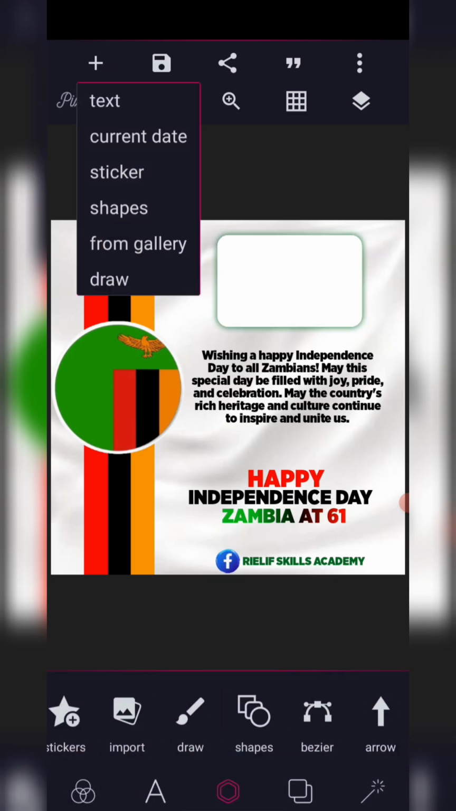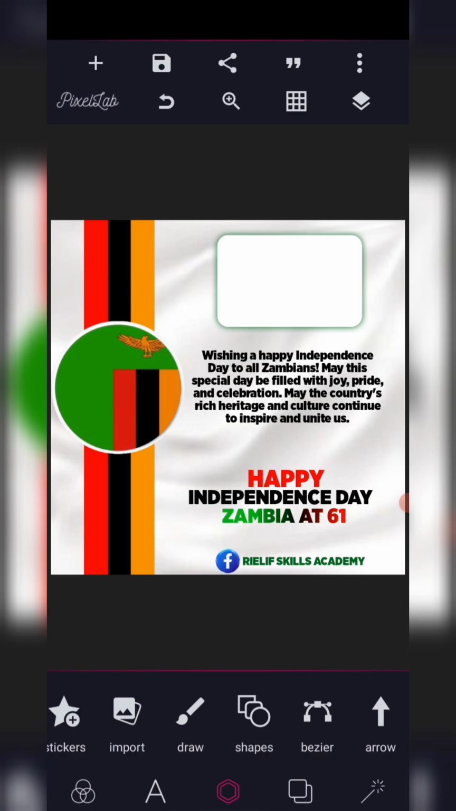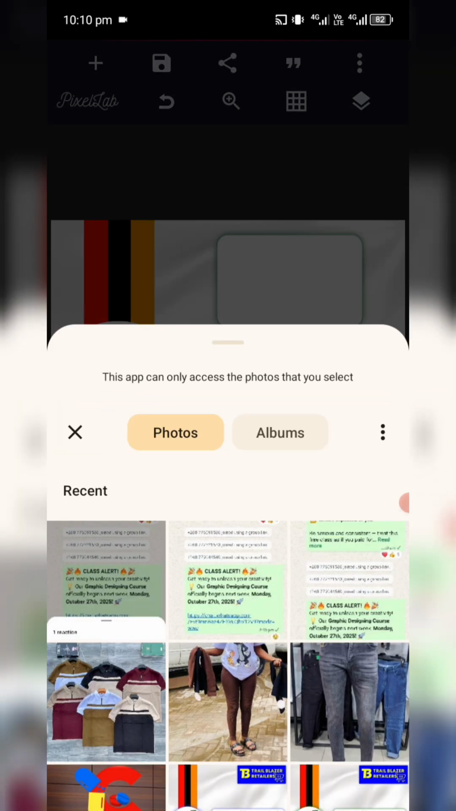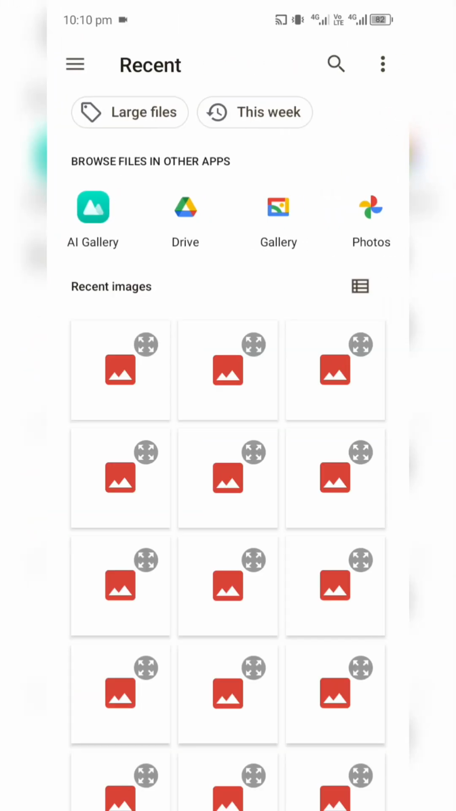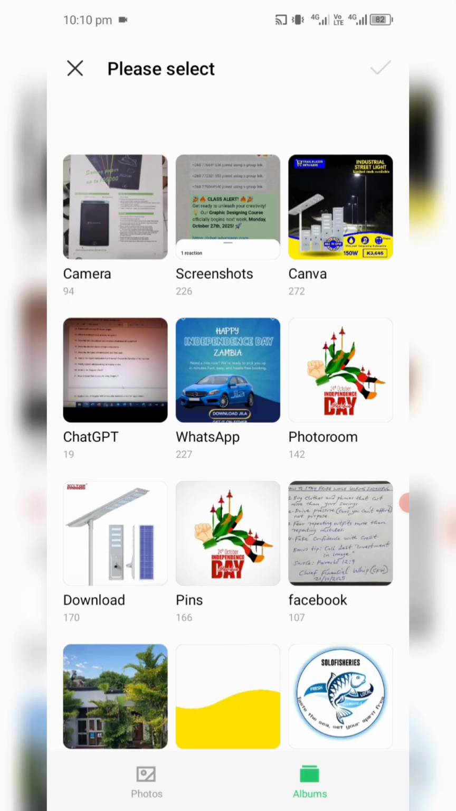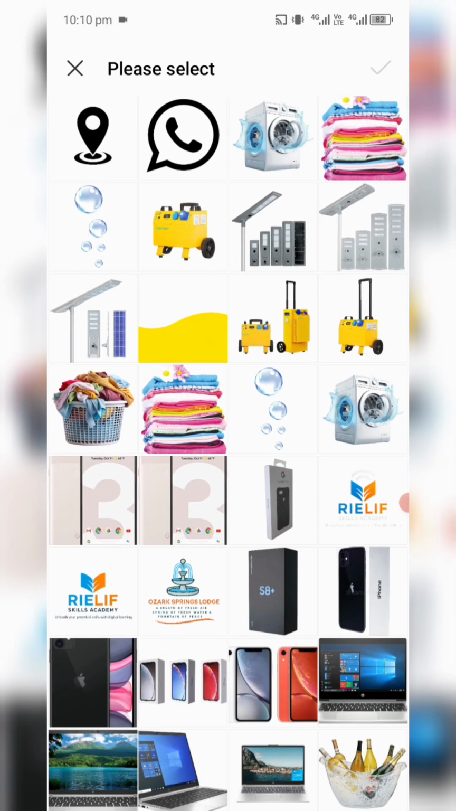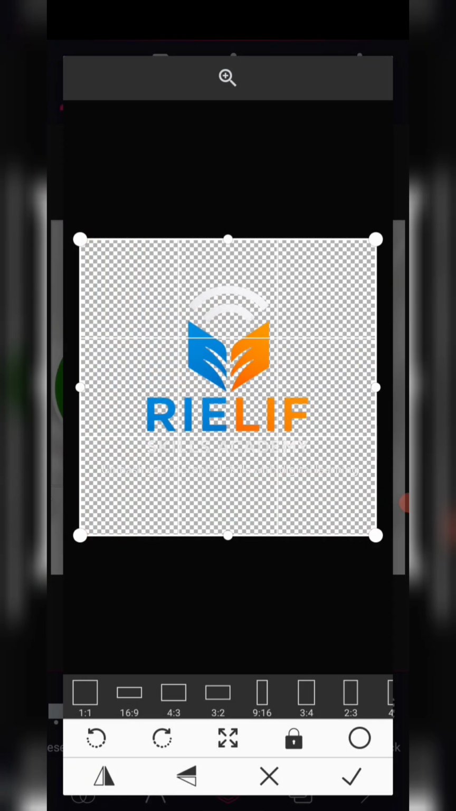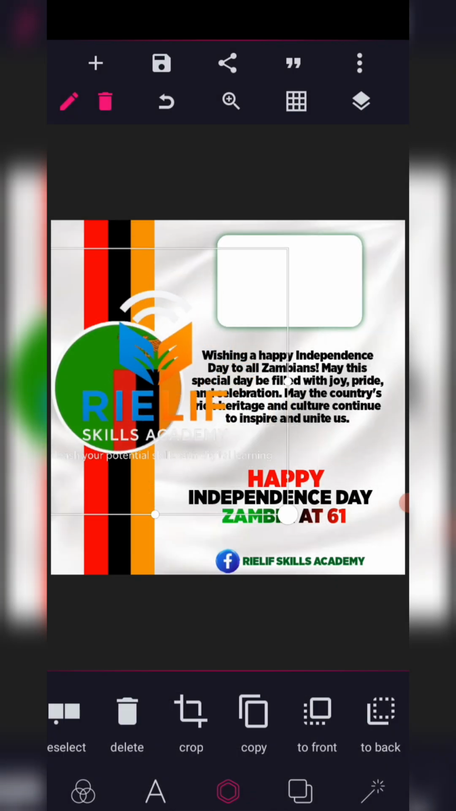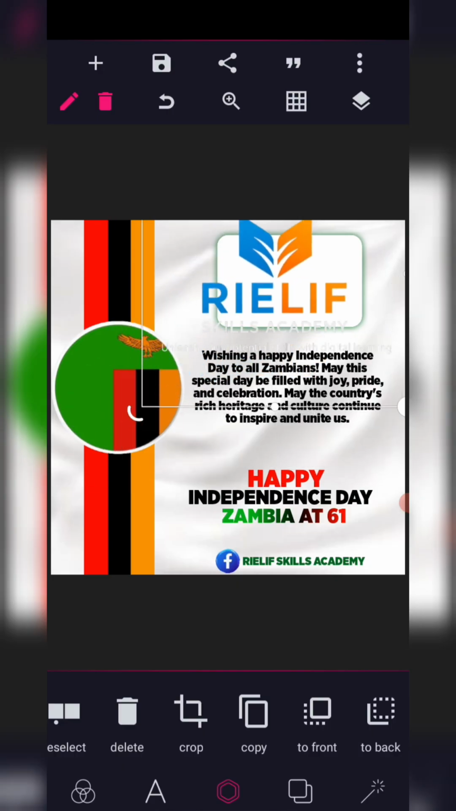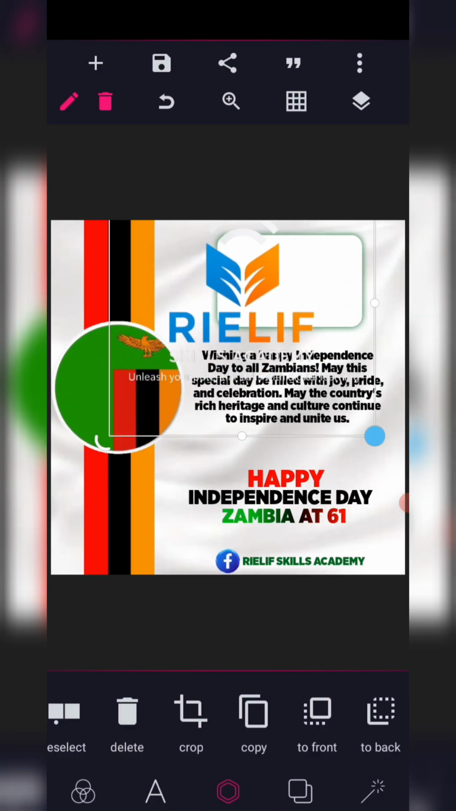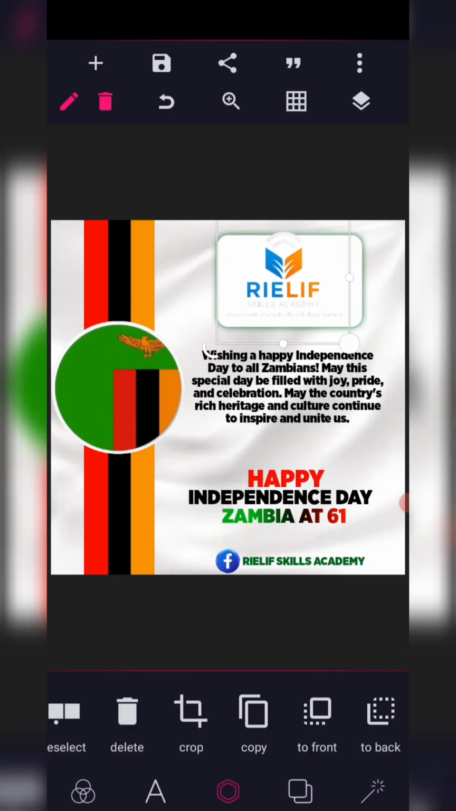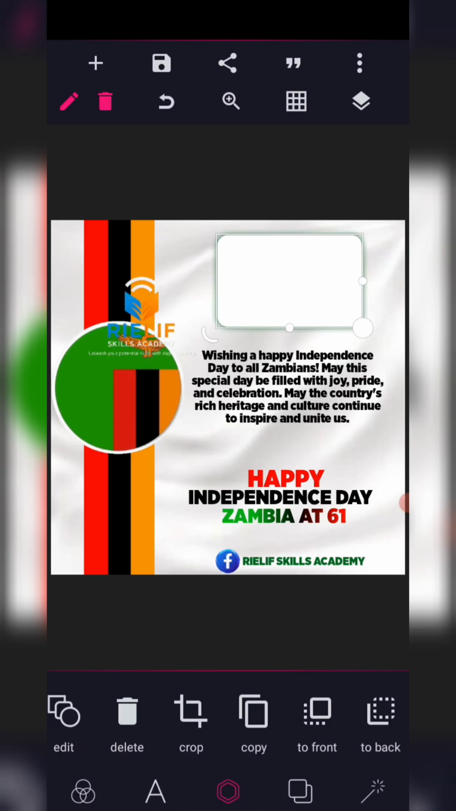Then I go on plus icon from gallery. Then I'll be bringing in the logo. Okay, so I bring in the logo. So this is the logo. Then I just put it like that. So you've seen that the logo can't fit there, the colors are not matching. It would be a poor color combination. So let's change the color